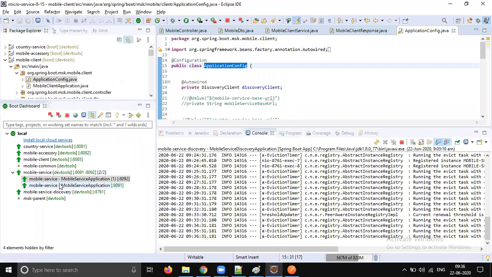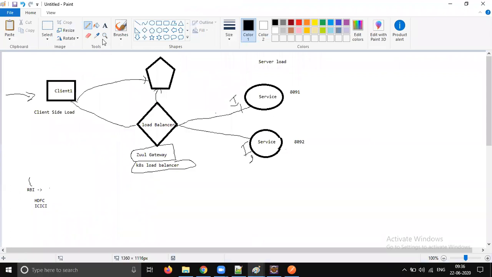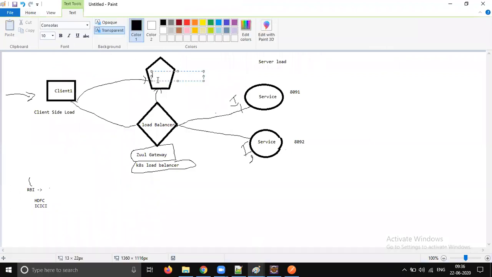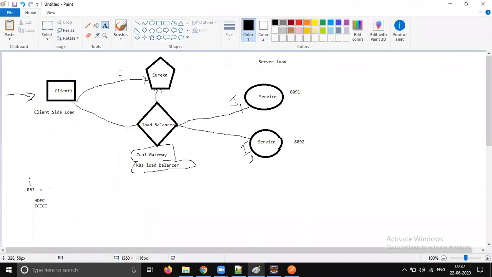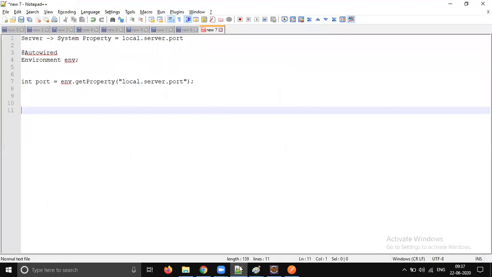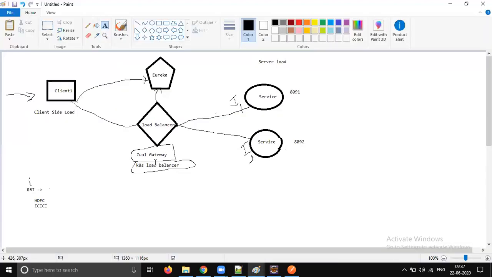Sunil, one question regarding this Eureka. Here, the Eureka server we will be deploying on some server, and after that, once we create the microservices, we may deploy them on multiple servers also. But in the client, we are never mentioning the Eureka server URL. So how will it know on which server Eureka is deployed? Now you need to add that configuration. Eureka is just a client configuration thing. Yes, just the configuration.